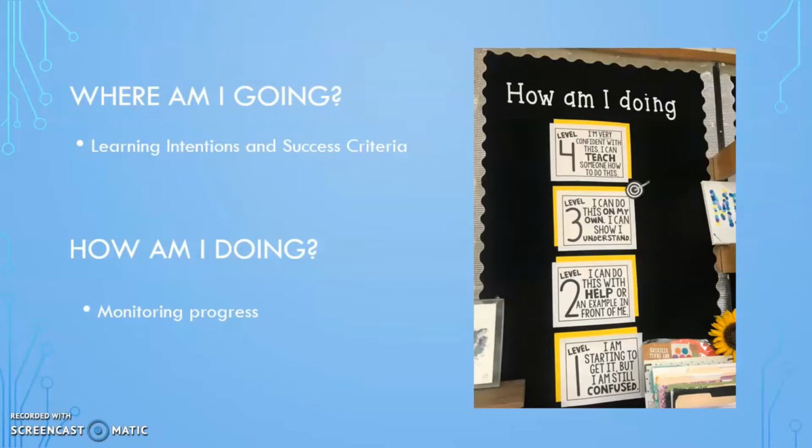If you see the picture on the right, this is a scale in my own personal classroom. These are all student-friendly terms that I use to ask my students how they're feeling about what we're doing in the classroom. I'm constantly asking my students to assess themselves and rate themselves on a scale from 1 to 4. This shows me if I have students at level 1, I probably need to be reteaching them because they're still confused. But if I have students at a level 4, they're so confident in this that they could probably teach the students that are not feeling confident, and I can use them as a tool to help reteach.